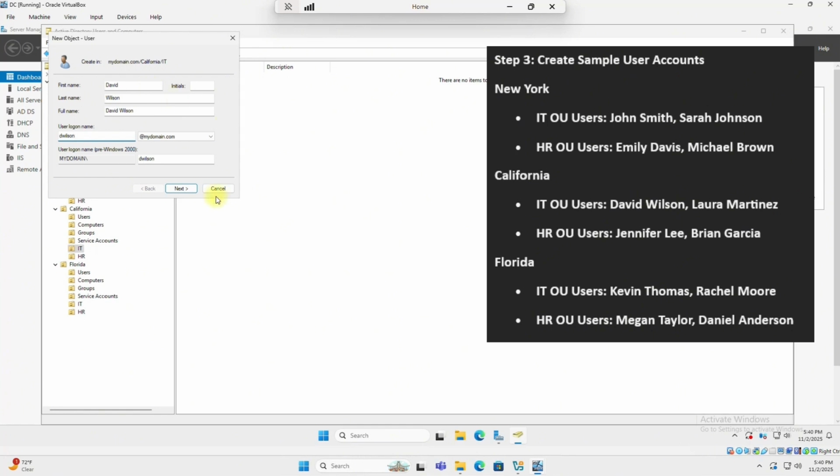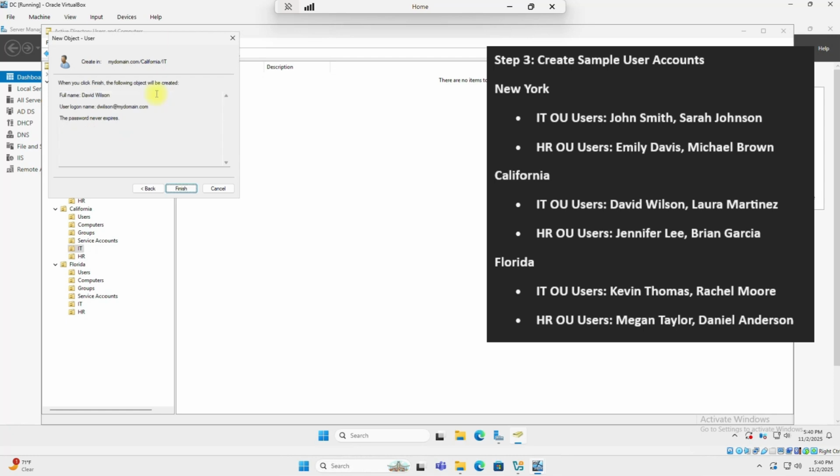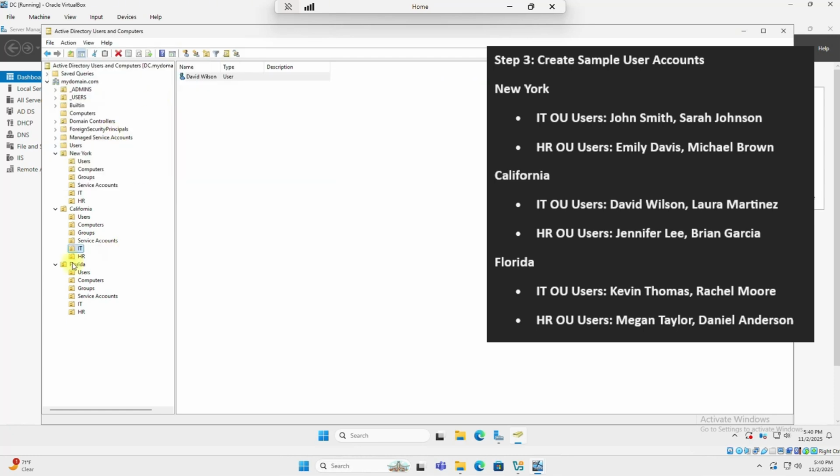After that, we'll go ahead and click next. Make sure we click password never expires and enter our default password. Click next and finish. Then we'll add our next IT user,